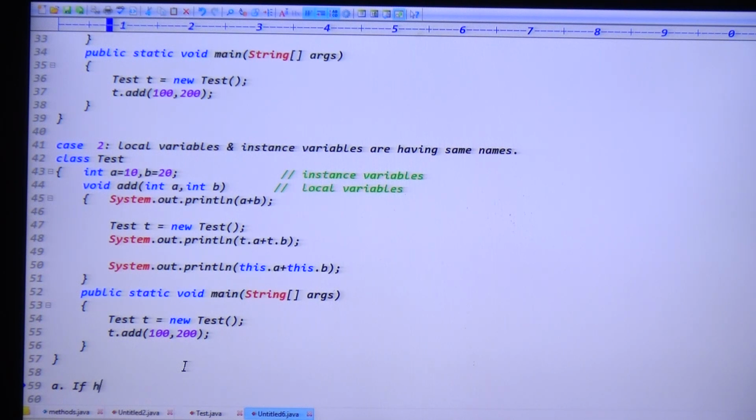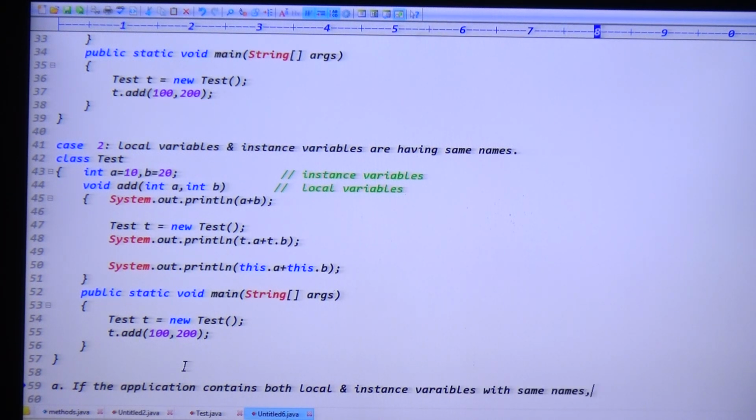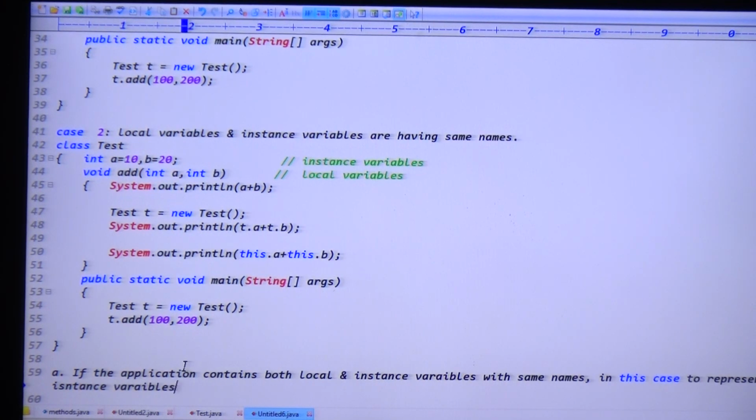Then what is the point? Tell me, if the application contains both local and instance variables with the same names, in this case, to represent the instance variable, use the object name, right?